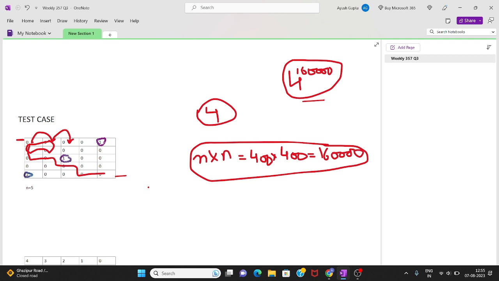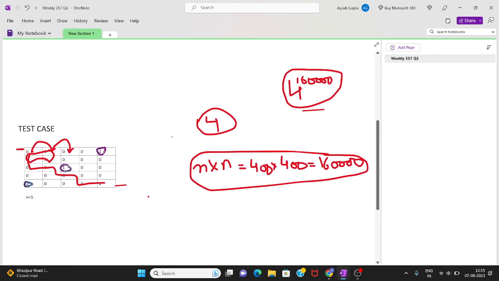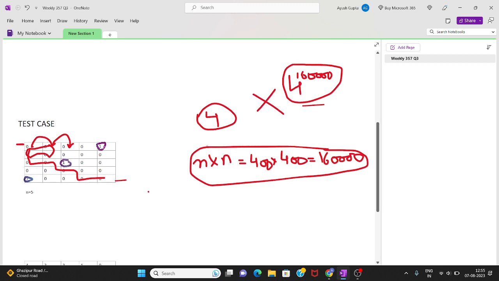But this must be your first step to reach an optimized solution. First you have to solve the problem through brute force, to see how the problem can actually be solved in a very brute way. So this won't work. Let's see what can be the optimized solution for this.